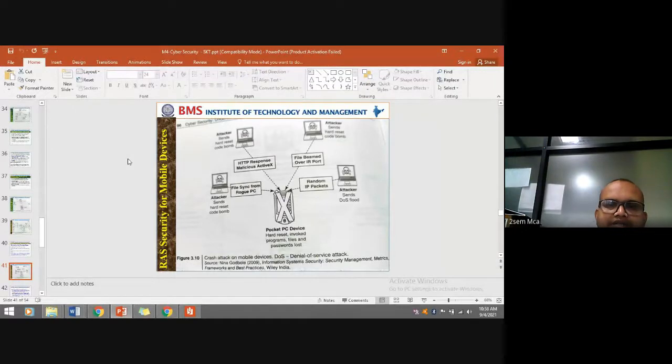So you can look into the security for mobile device. This is termed a crash attack on a mobile device, that is, denial of service attack. See, the attacker sends a hard reset code bomb. He is using scripting technology like ActiveX control or JavaScript or PHP script or Ruby scripts or Perl scripts, or whatever else is there,